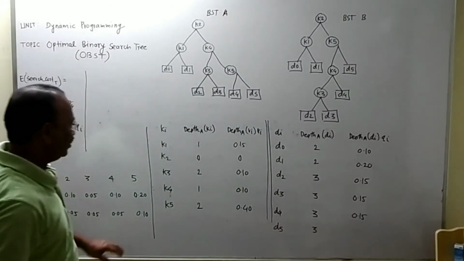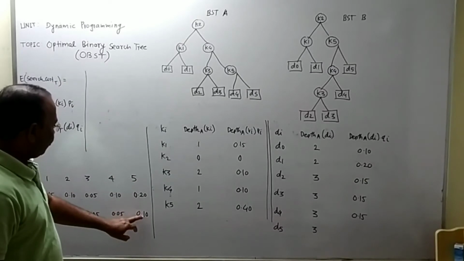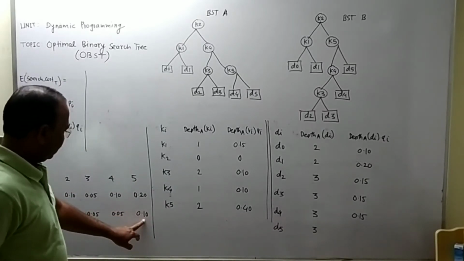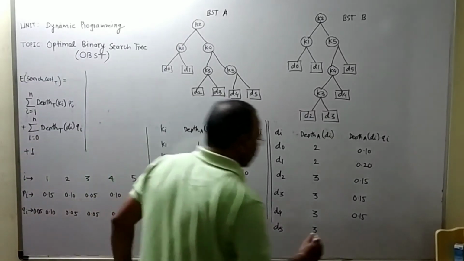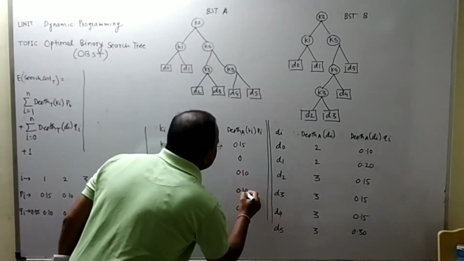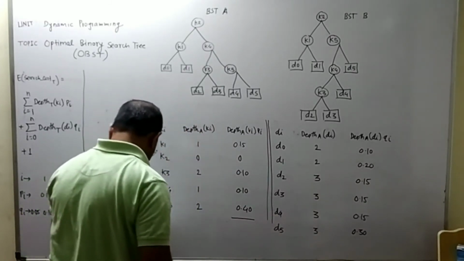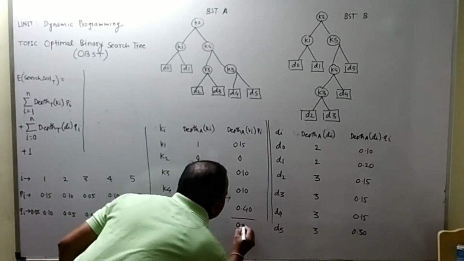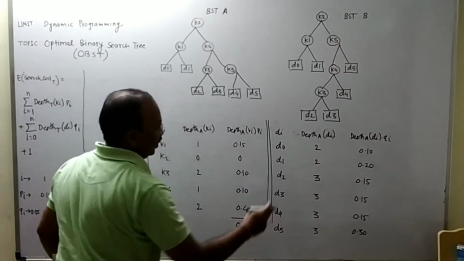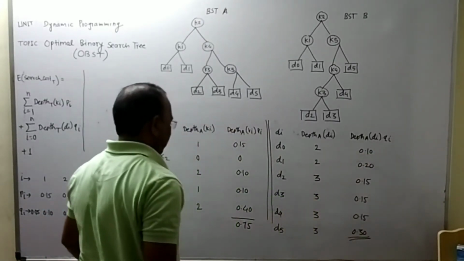Multiply 3 with the probability of dummy key D5, that is 0.10, with 3. So it gives 0.30. Take the sum of these values. It gives 0.75. Take the sum of these values. It gives